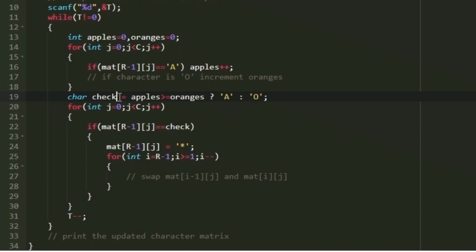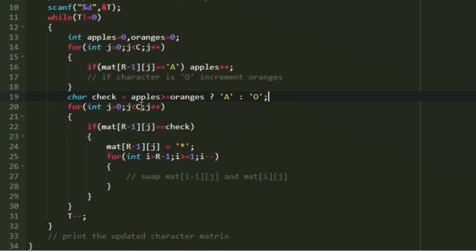If the apples count is greater than or equal to the oranges count, then I will be storing a, else I will be storing the character o.